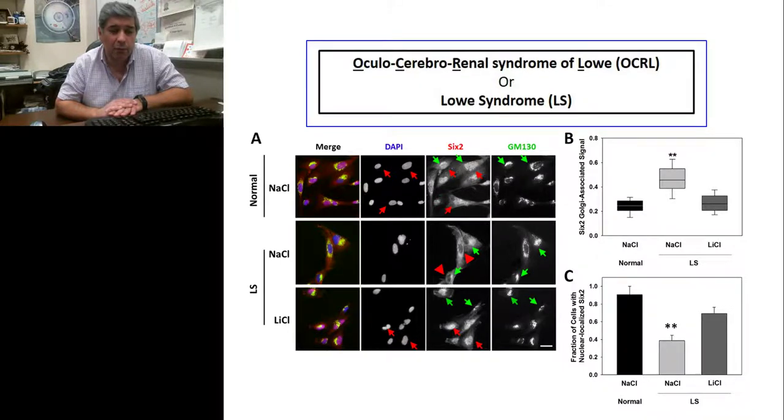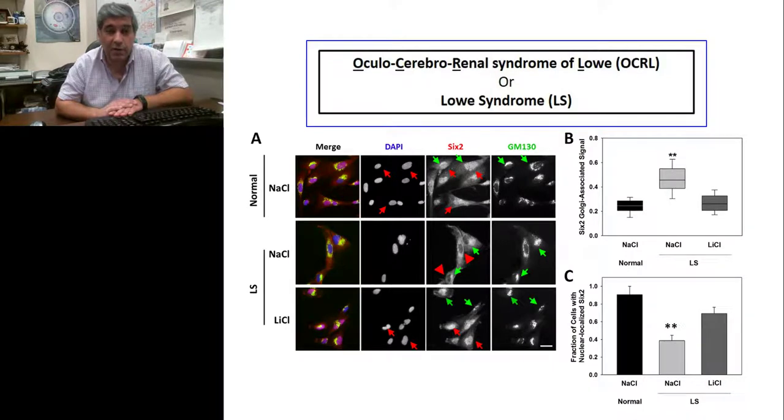In fact, we suspected that this mislocalization of 6-2 outside of the nucleus could be related to problems with the phosphatase activity in Lowe syndrome, and therefore we used lithium chloride, which is the lower of the rows. You can see in the 6-2 column that 6-2 is again localized at the nuclei upon addition of lithium chloride. Lithium chloride inhibits the synthesis of PIP2, the substrate of OCRL1. So what we are seeing here is a critical transcription factor that cannot reach its target in patient cells, at least not efficiently,